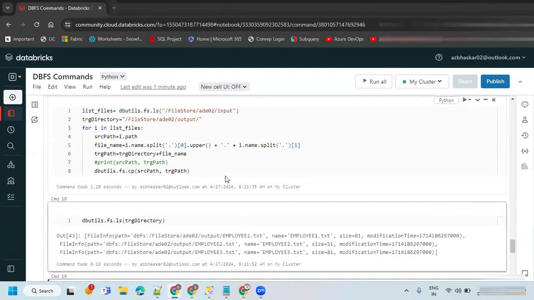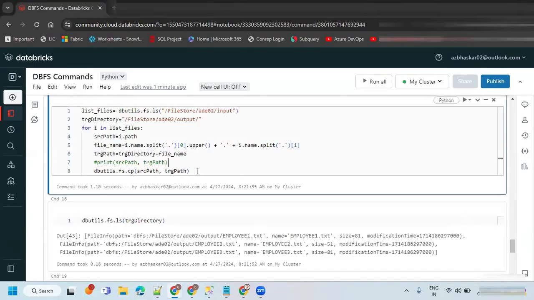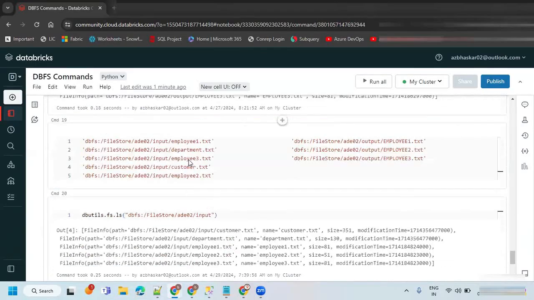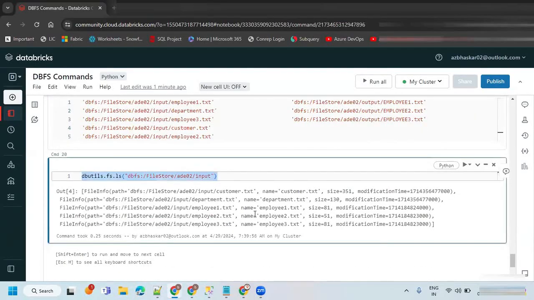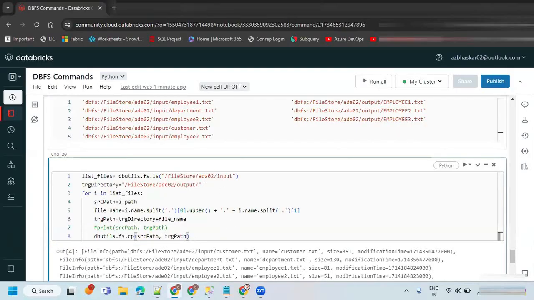Okay, so the same thing, I'm just going to replicate this code, taking this entire code. From the input, whatever it is coming, I'm keeping inside this list_files. And target directory, I'm keeping output. Whatever is there inside that, it is going to get it. So file name is going to have this.